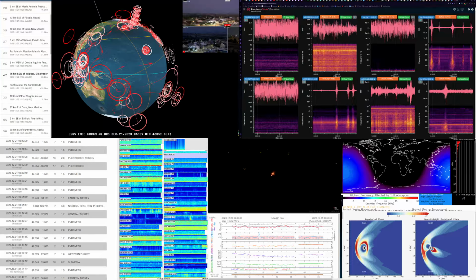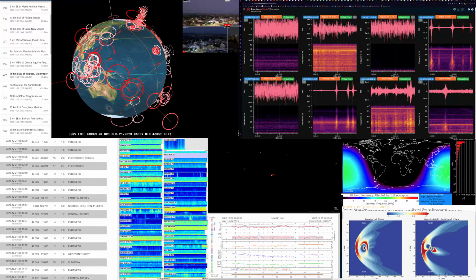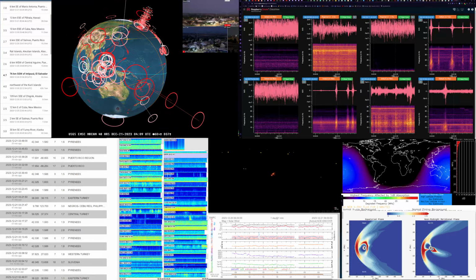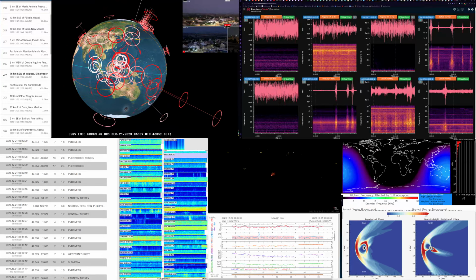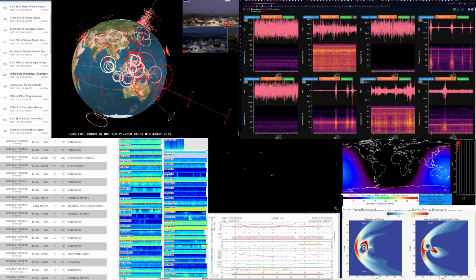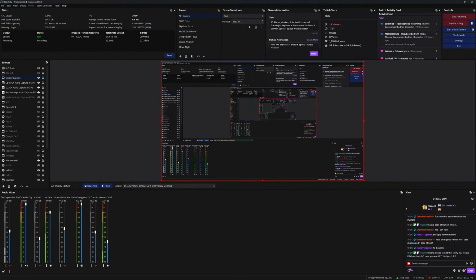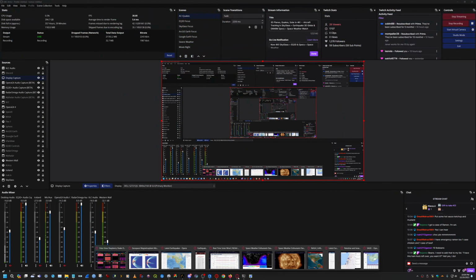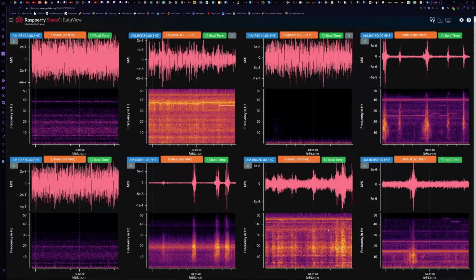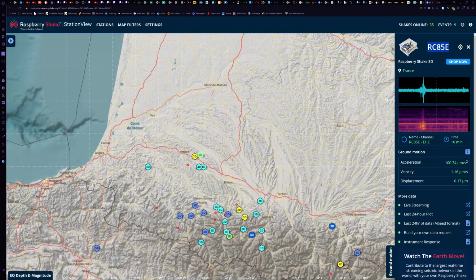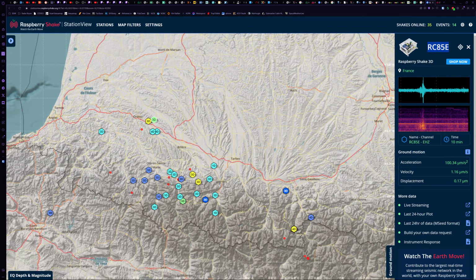There's another web page called Data View. It's the same site, but you can go back and forth. You can check the individual sensors and see what their waveforms look like over on the side. It'll give you all the information, and then you can just copy